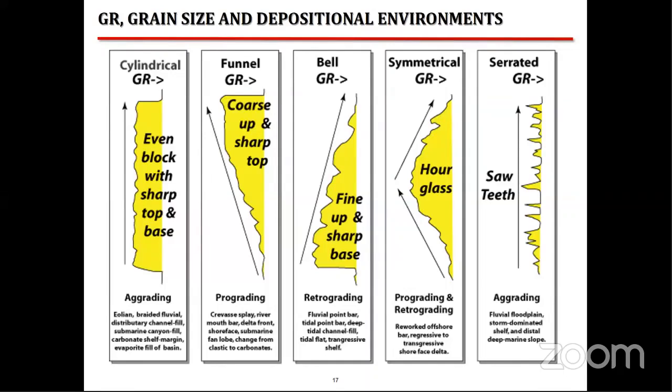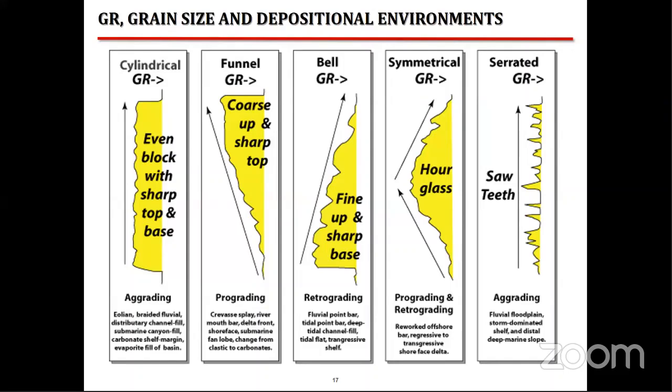A funnel-shaped or a coarsening upward gamma ray trend implies a regressing environment typical of river mouths, deltas, and shore faces. A bell-shaped or a fining upward gamma ray trend implies a transgressive environment typical of tidal bars and flats